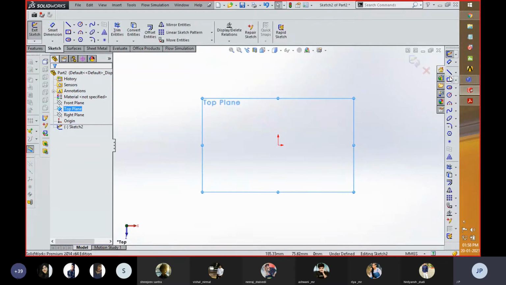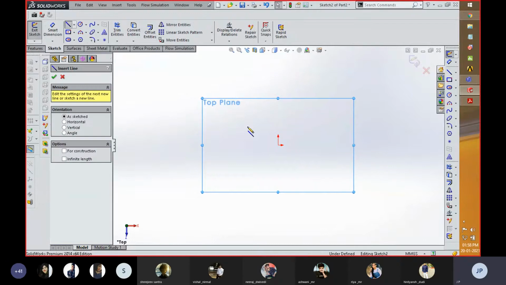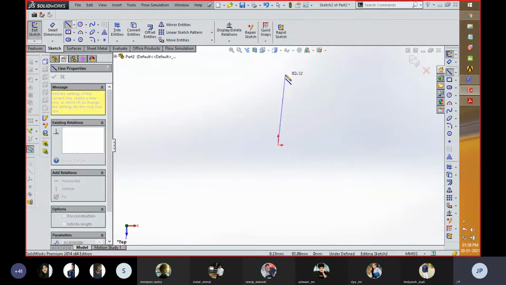The other thing is that for using the revolve command, I'm going to create a profile. While revolving any part on any plane, two things are required. The first thing is that whatever sketch you are preparing, it should be closed on each side. The other thing is that for revolving any part or sketch, you need a central axis. So before creating a part, you need to create a central axis, or you can also create the central axis after that. Before that, I'm going to create a profile for my revolving feature.